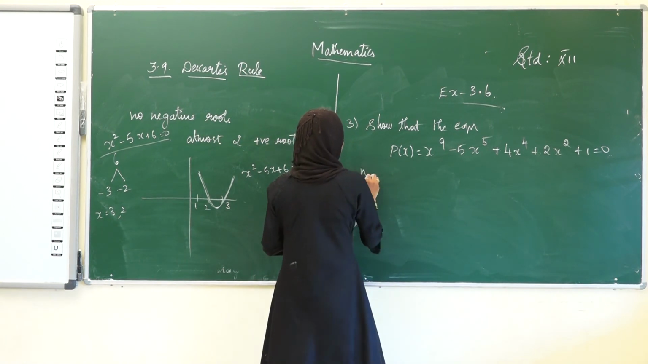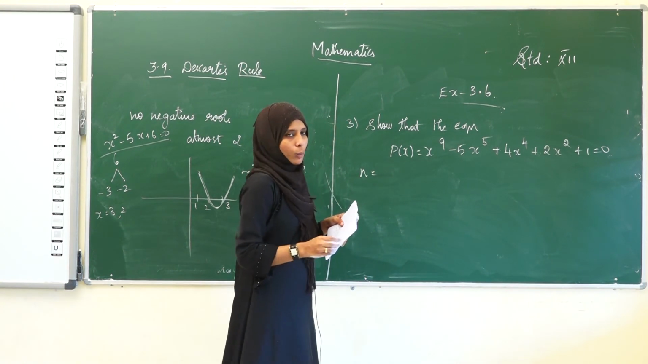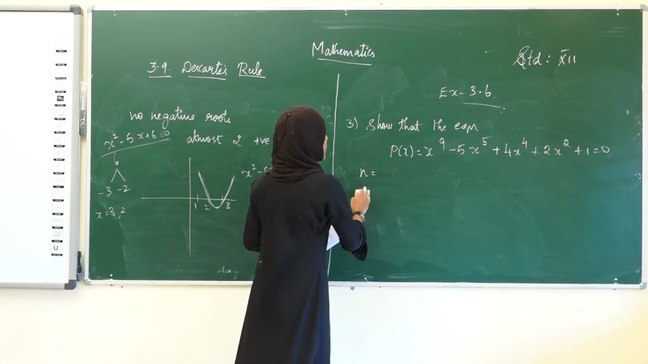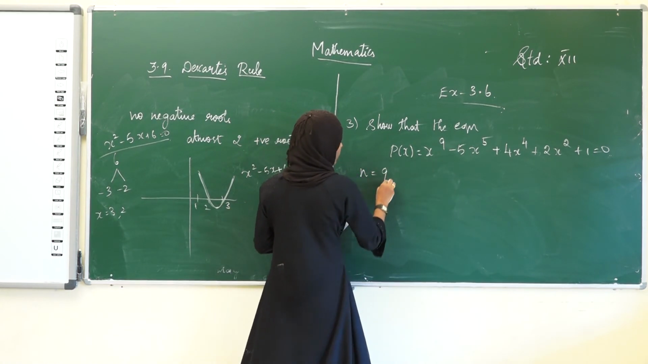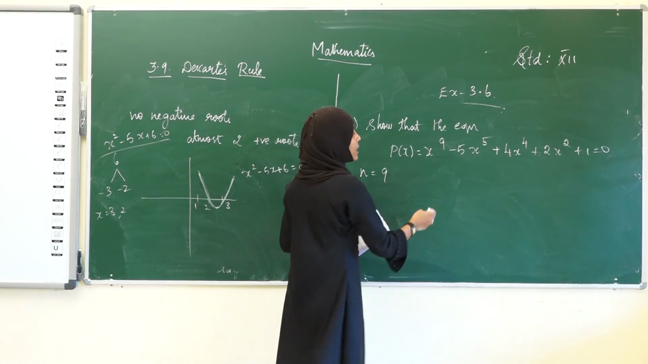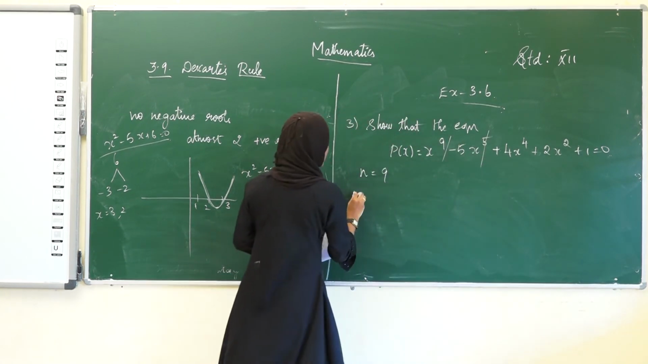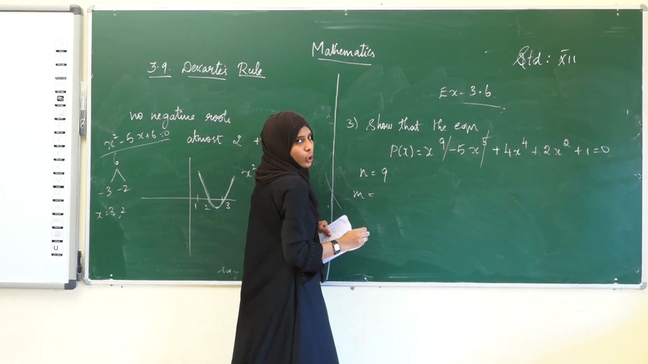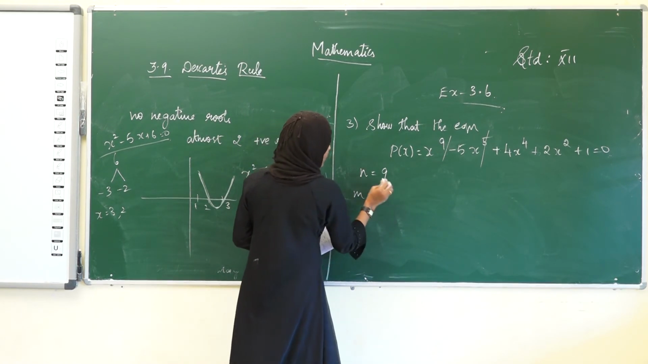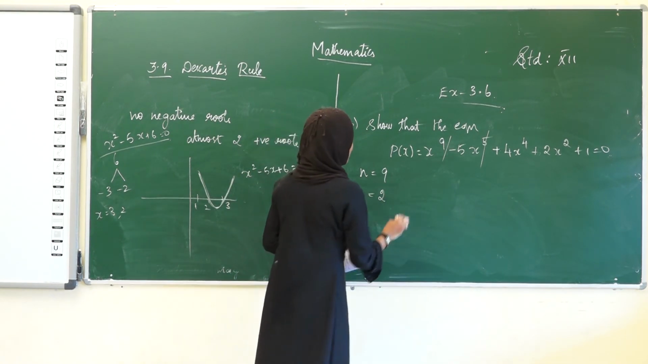See, we know for finding the bounds for imaginary roots, we have to find n, m and k. So the degree of this equation is 9, therefore n is equal to 9. See the sign changes in P of x. Here it is 1, here it is 2. The sign changes in P of x is denoted as m, so m is equal to 2. Now let us